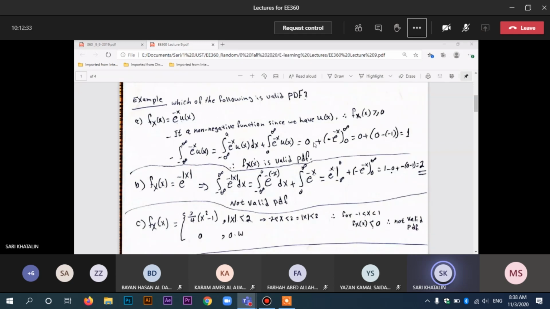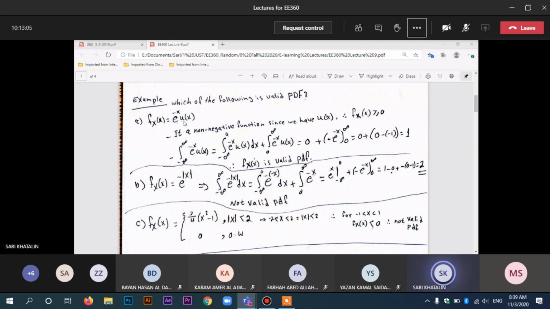As you can see here, the first example, part A, the PDF is given as an exponential minus x times the unit step of x. So is this a valid PDF? Like I said, we need to verify it's larger or equal to 0, and the area underneath it is equal to 1. Since we have this function multiplied by the unit step function, definitely it will have to